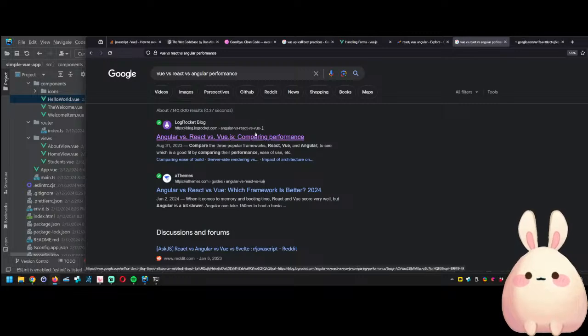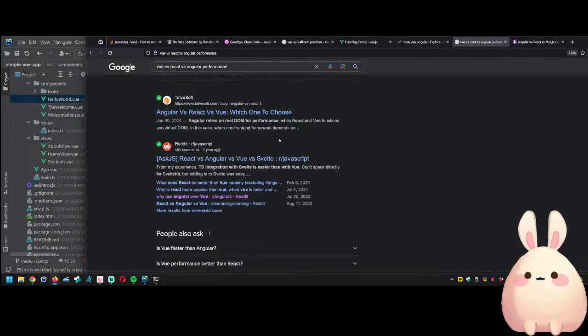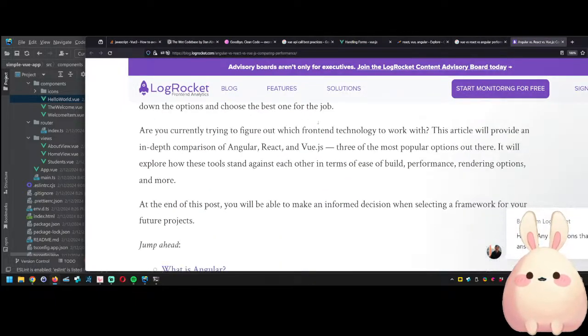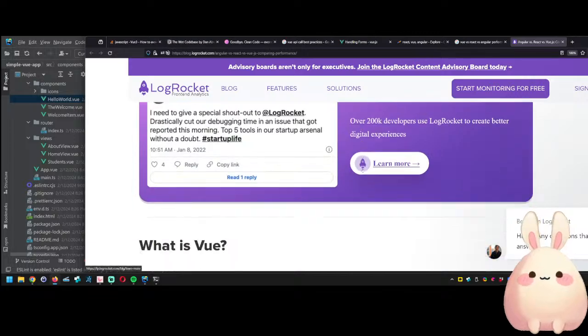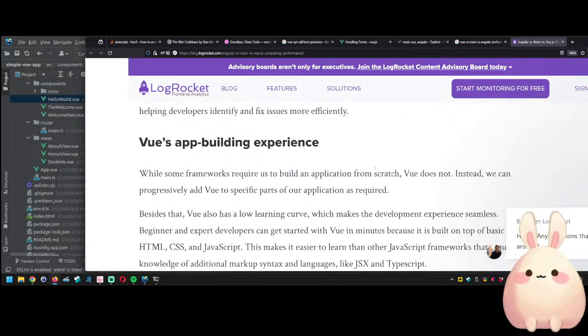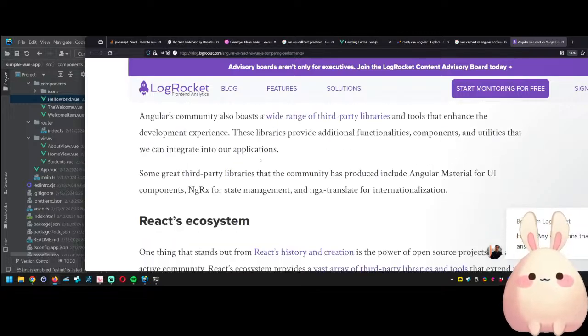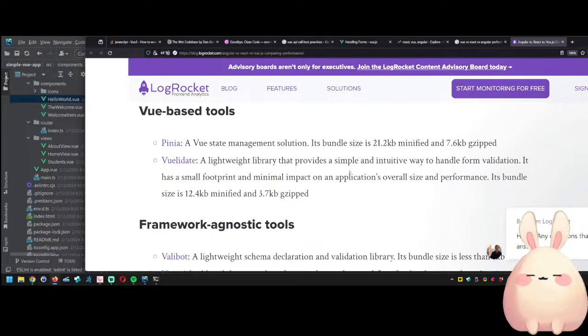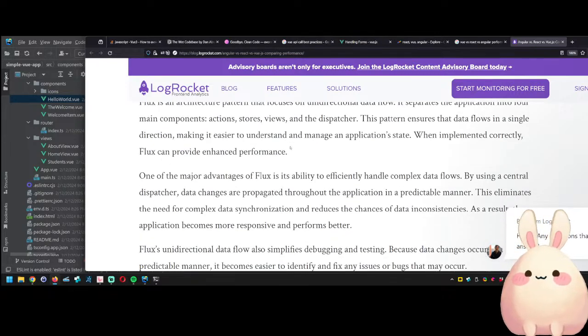Yeah, I did. And I did play around with Svelte before. Comparing, there's the ease of build, and I can build in all three. I've worked with React and Angular for a while. The question is,